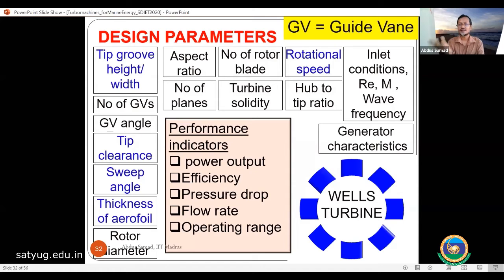And this is true for all types of turbine. Say you take a gas turbine, steam turbine, or any other turbine, you can create more than 1,000 parameters to design a turbine actually. But major turbine parameters normally we take, and we try to change efficiency, performance, other parameters. My PhD was on gas turbine blade shape optimization actually, so I also changed several parameters there. Again, here also I'm changing parameters. Still, there are too many things in turbine systems. That's why gas turbine and steam turbine people are still doing research to improve performance. So many things are there.